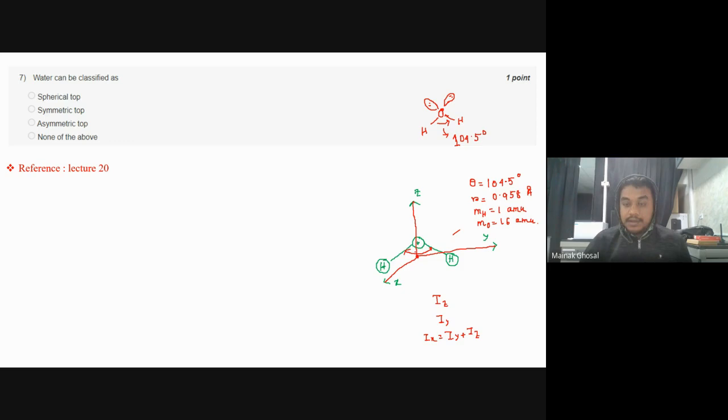This is all done in lecture number 20. If you put in the values of theta, r, mH, and mO, you will find